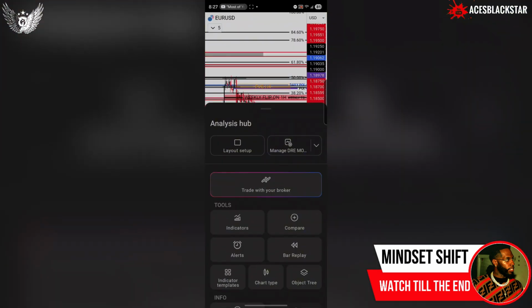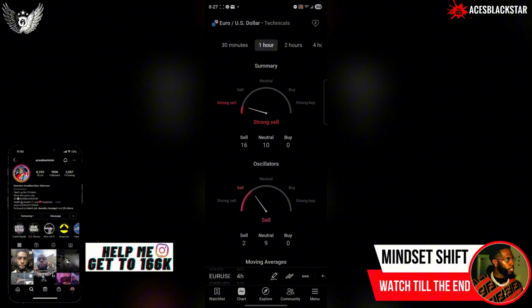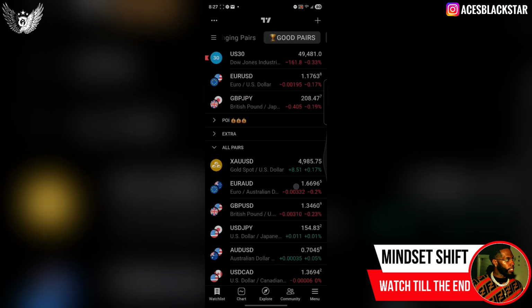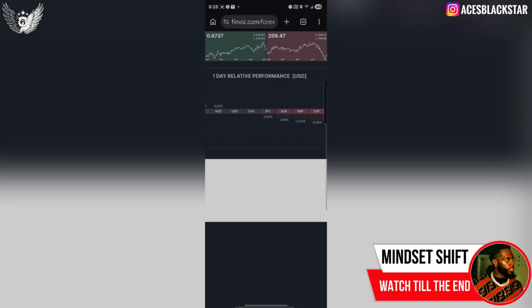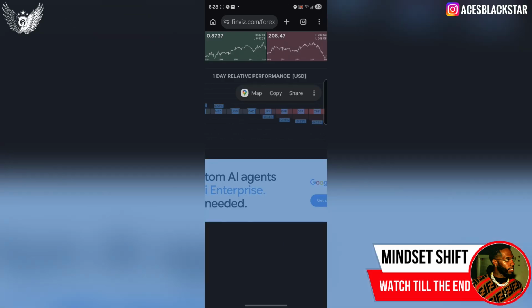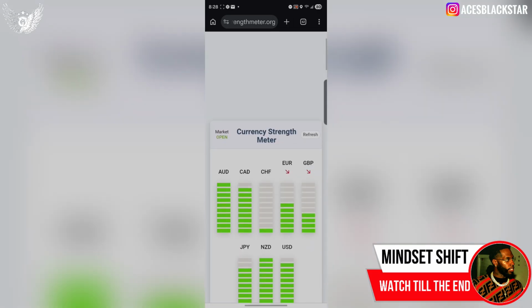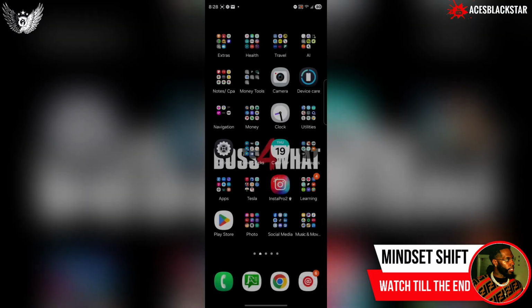And I say that because if you look at the technicals on the daily, we got 12 sellers, 5 buyers, 16 sellers, 0 buyers, 17 sellers, 1 buyer, 16 sellers, 0 on an hour, 17, 14, 12, and that's 12, but that's a 1 minute. So you got that. And on top of that, if we look at this, you see US is strong, Euro is negative 16. So you got that, and then you got another confirmation. We got the Euro weak right now, you see the red arrow, and you got the US strong. And what more do you have to see?